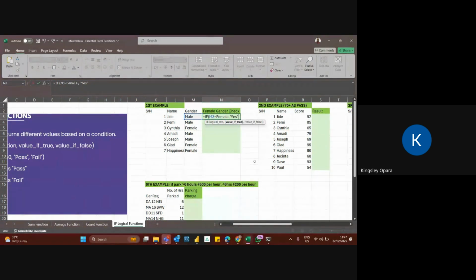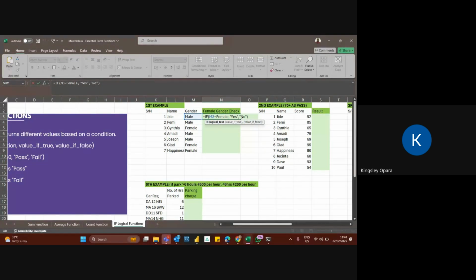So let's move on. Now, value if true, tell me yes. Otherwise, if it is not true, tell me no. Then close the brackets. The two values I want Excel to give me, value if true and value if false, I have enclosed them with double quotation marks. Please don't make the mistake of trying to write this function without these quotation marks. It won't work. It will throw you back an error. So I'll close the bracket now, hit my enter button.